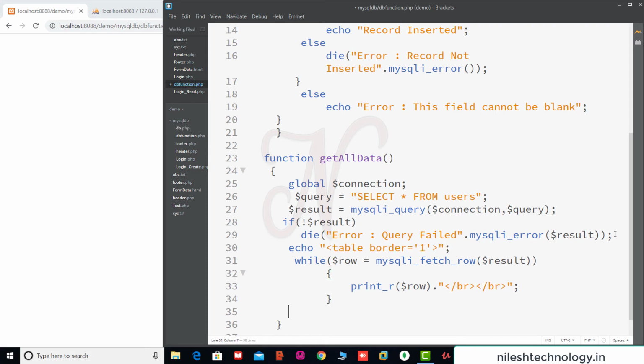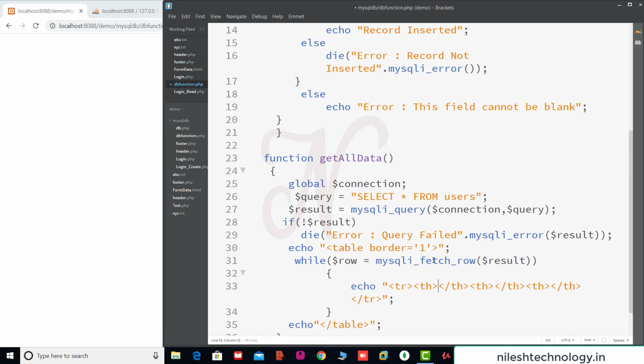This is your table tag, and here we close this tag, table. Then going to the while loop, use echo with a table row tag. This while loop is executed row-wise, so whenever it goes into the while loop, it creates a new row, and there are a total of 3 columns, so the td is repeated 3 times: 1st column, 2nd column, 3rd column.